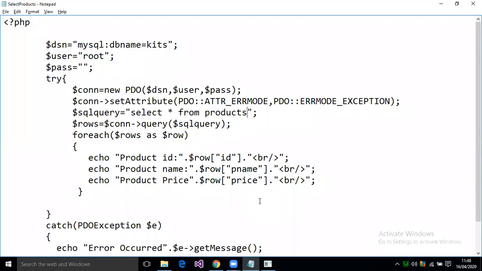Any doubt? There is one minute left. If you have any doubt, you can raise it. In tomorrow's class, we'll see about the prepared statement. These are all simple statements. Similarly, you have other methods called prepared statements. So we'll see the prepared statement, and how to insert an image into the database and retrieve the image from the database.